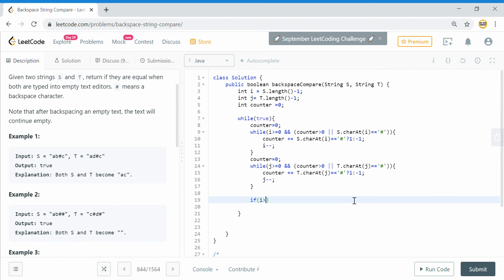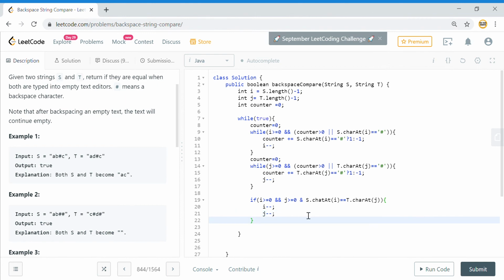So what we can say here is, if i is still greater than or equal to 0 and j is still greater than or equal to 0, and my s.charAt(i) is equal to t.charAt(j). If these two conditions are met, in that particular case we are good. It means that till now everything is matching, so I just need to compare the next element. So I need to just move towards the left in both i and j.